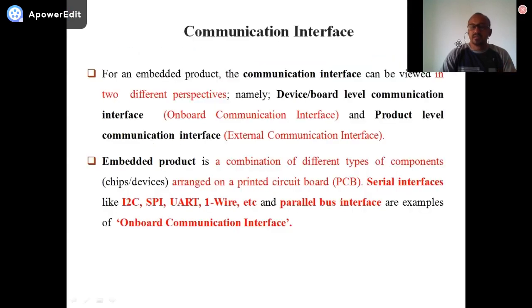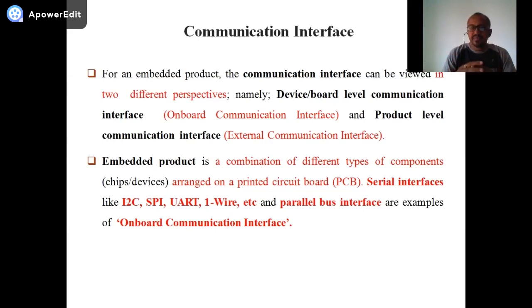So, communication interface can be viewed from two different perspectives. One, device level communication or board level communication interface, also called an on-board communication interface. It means within a PCB, printed circuit board, the different ICs which are mounted, if they want to communicate or exchange data among them, then some on-board communication interface protocols are to be used